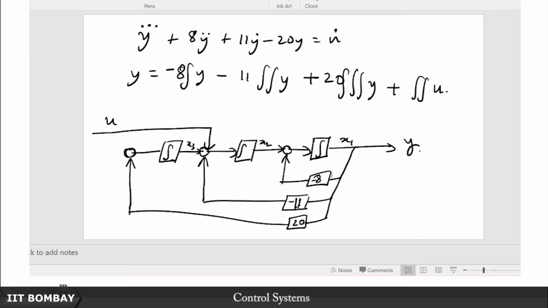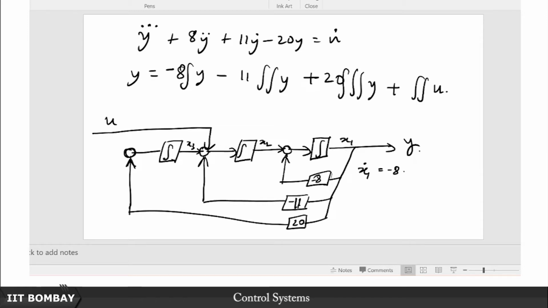Right. So this, of course, I can omit this summer here, it does not matter, because remember the u gets added only after twice getting integrated. So u has to only pass through 2 integrators, not 3. So that is what I do with this. Now with this realization, if I name these as x1, x2, x3, you will see that immediately I get